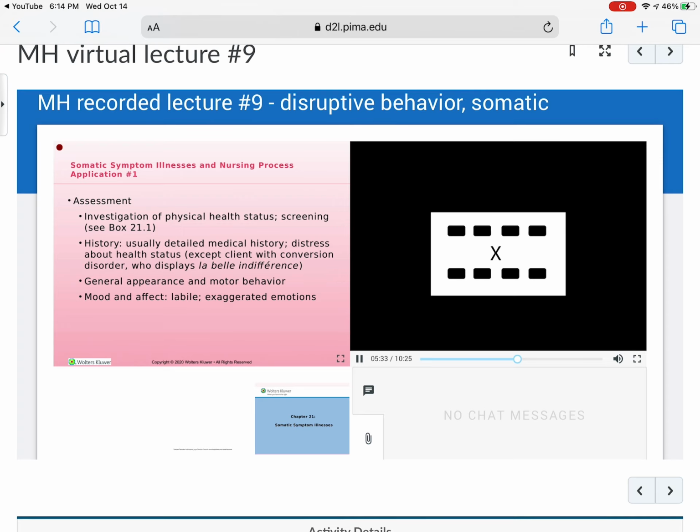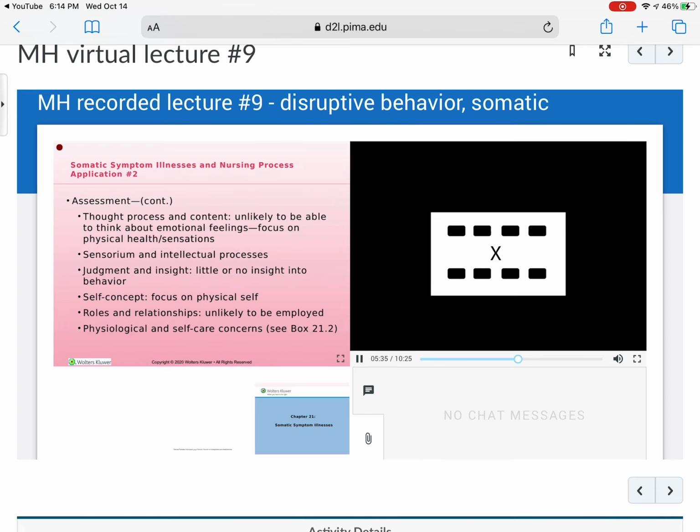Also look at their mood and their affect. All right, what's their thought processes like? Are they disorganized? Are they tangential? What's their sensorium like? Are they cognitively impaired? Are they forgetful? Are they disoriented? Or are they alert and oriented? What's their judgment like? And also